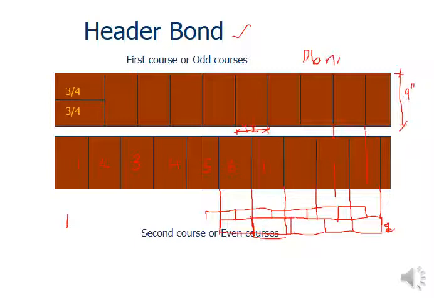Now what about the first course, the odd course? Let's suppose you are placing this one. You are starting from here and coming to one of the corners. If you are going to discontinue the vertical joints, you are going to place your brick in such a way that its dimension will be half on one side and half on the other side for the consecutive courses. Then in the first course you have to place your brick in such a way that your vertical joint will be exactly in the middle.